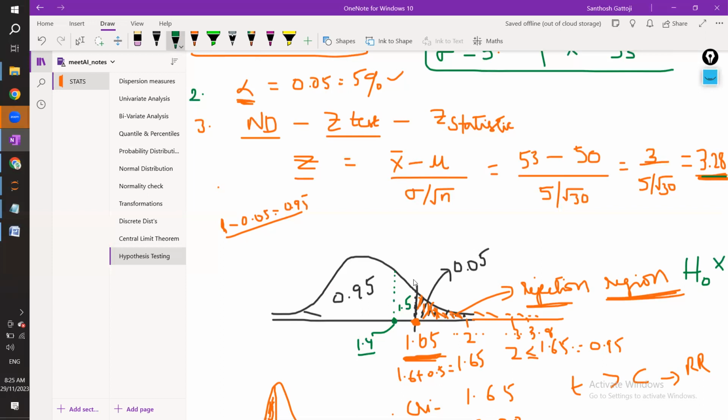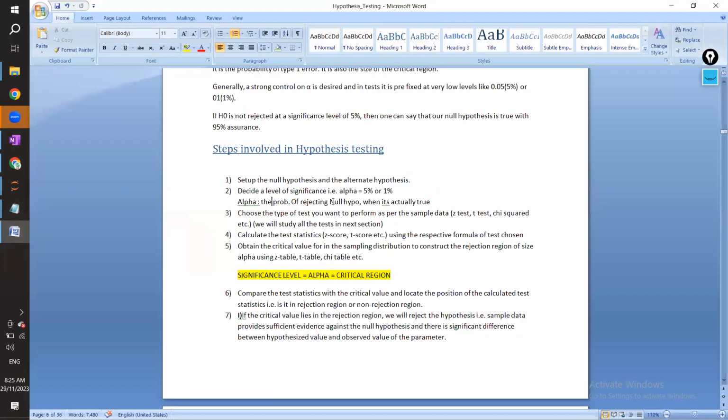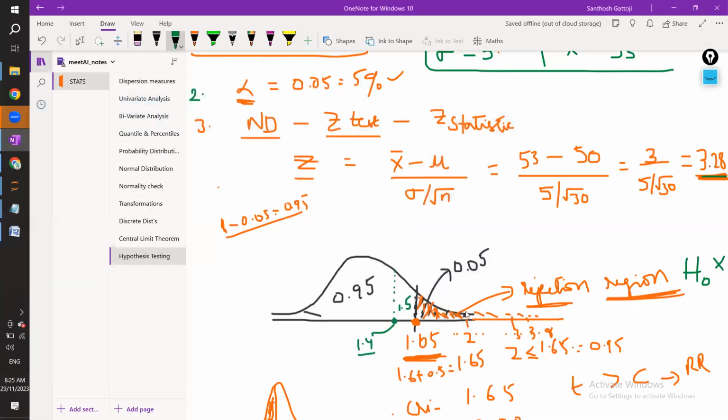That means indirectly your test is not perfect. If you're rejecting for more and more values, your test is not perfect. If your test is perfect, you should have fewer values to reject. What is this rejection? What is this alpha? Alpha is the probability of rejecting the null hypothesis when it is actually true, or the critical region where you can